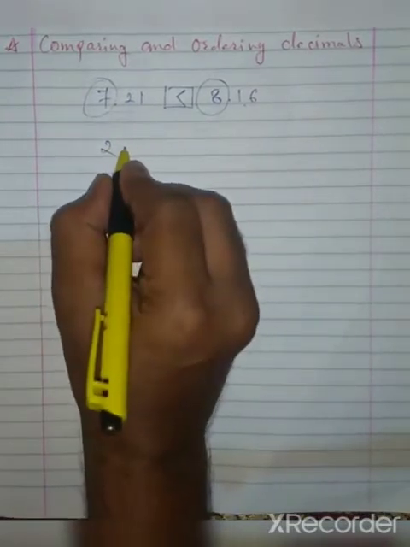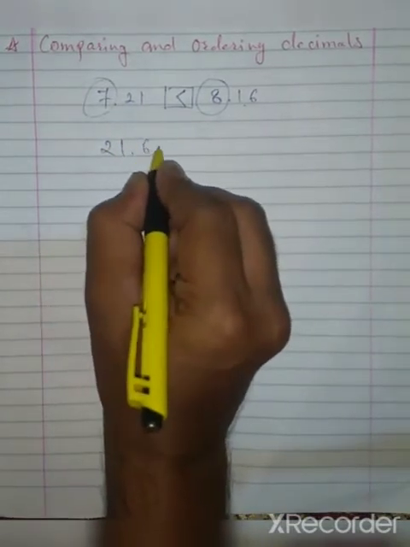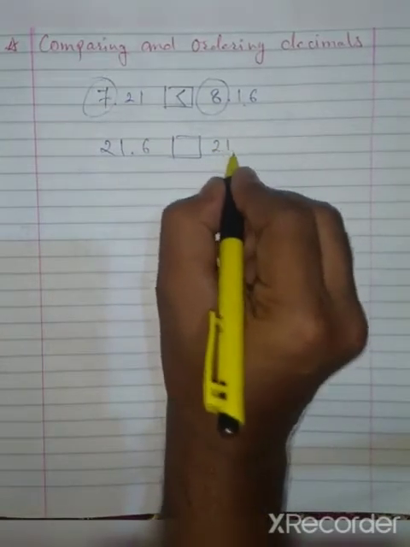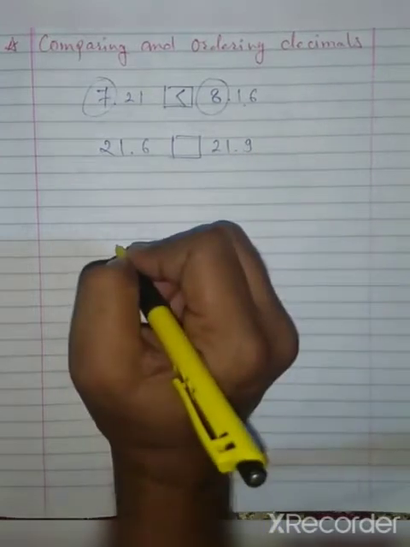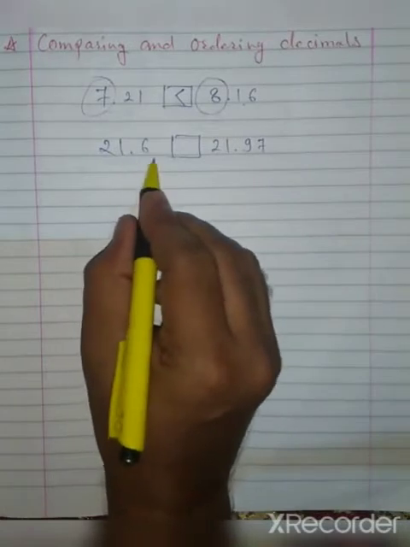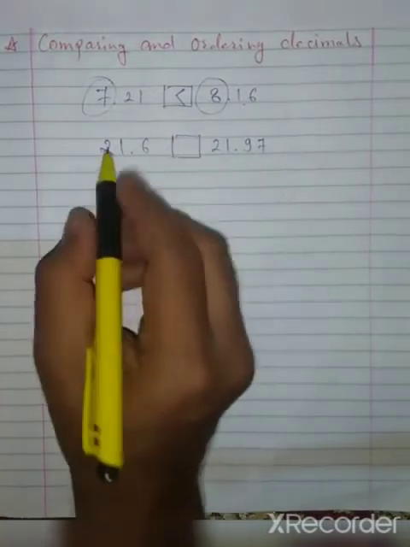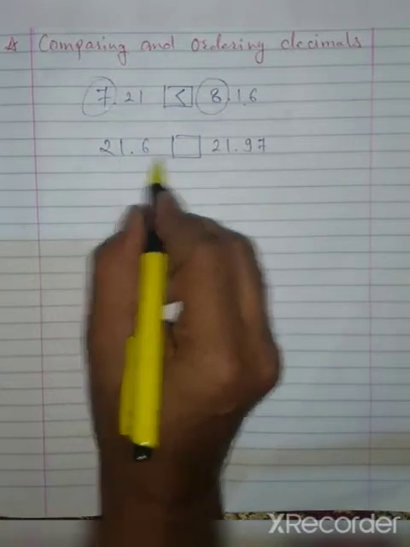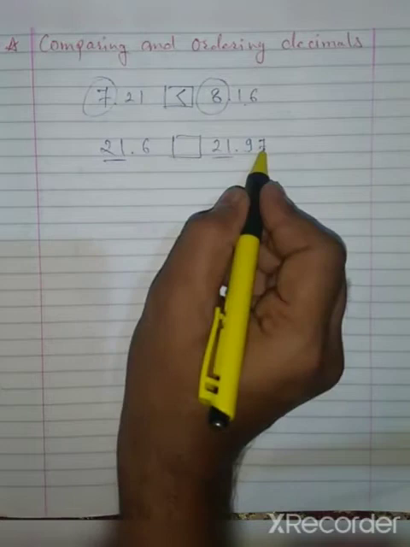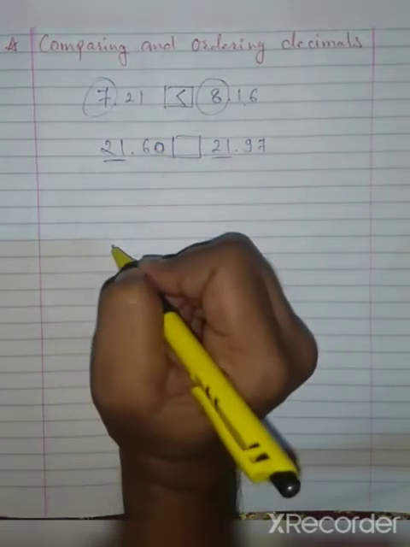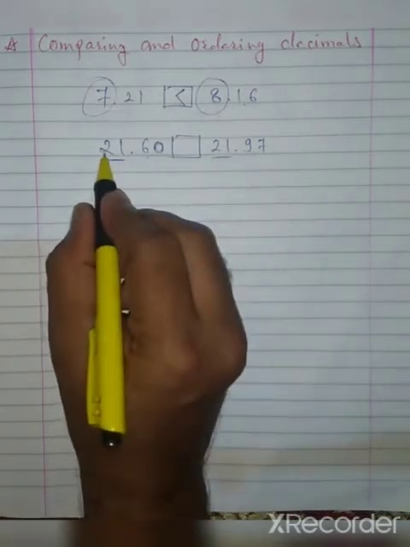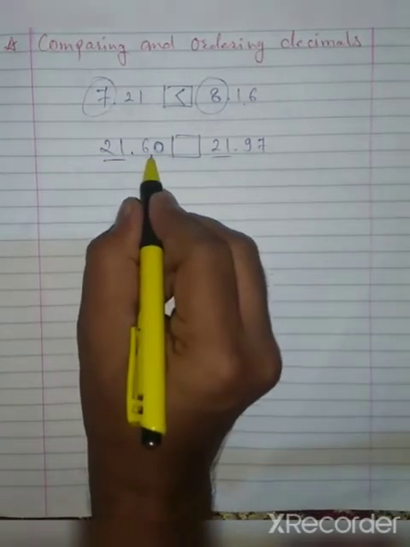Take another one, 21.6, and this we have to compare with 21.97. So this is an example of unlike decimals. Convert into like first. The whole number 21 is the same. To convert into like decimals, there are 2 decimal places there, so put 0 here. Now 2 decimal places, 2 decimal places, and we read as 21.60,